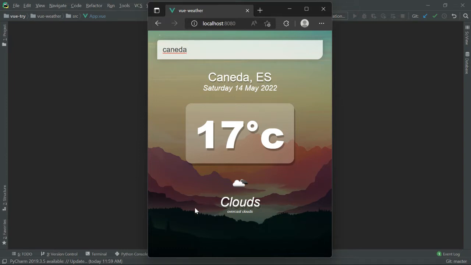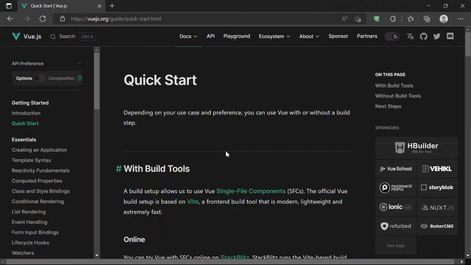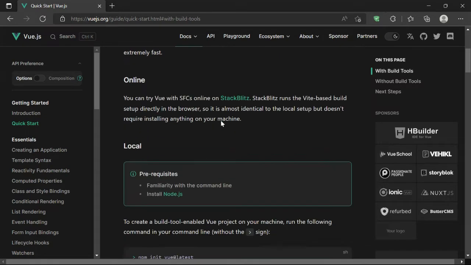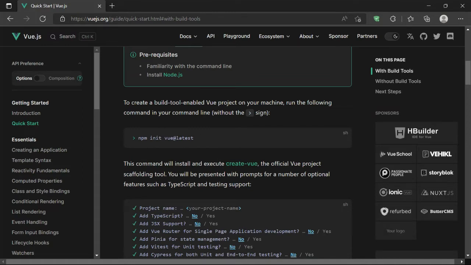So this is how our website will appear, and it's fully responsive, and we are simply going to use simple Vue.js. So let's begin. Before jumping into the code, if you don't know what Vue.js is, simply Vue.js is a JavaScript framework for the front end part, and in a later video I am going to show you how you can connect Django, which is the Python framework, and Vue, which is the JavaScript framework, and combine them to create a simple beautiful responsive website. So in today's section we are simply going to use Vue.js to create